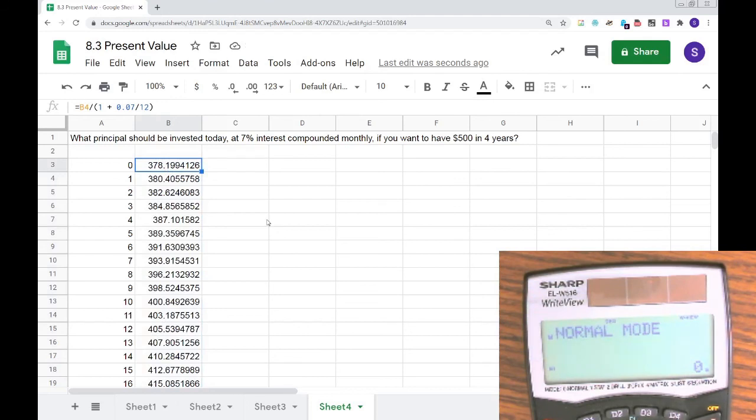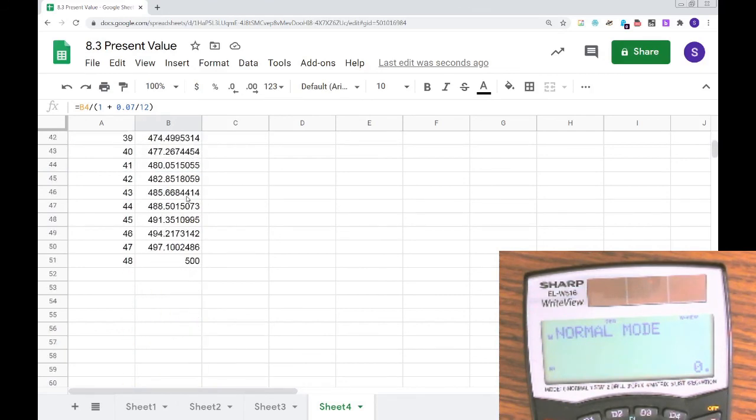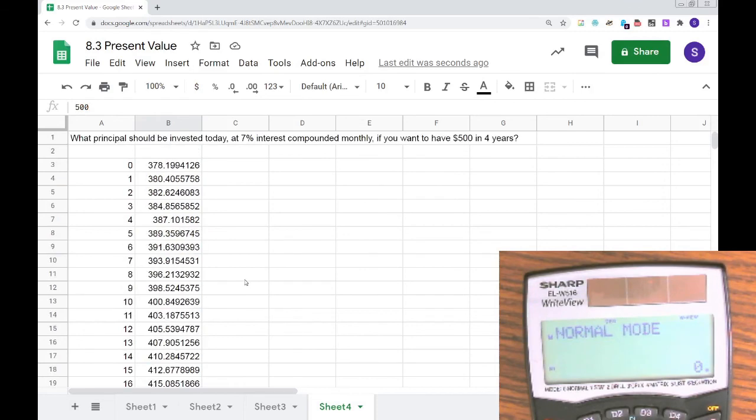So if we put in $378.20 into the bank today, we go to the bank and deposit that much money, in 4 years we will have $500. Using our calculator,